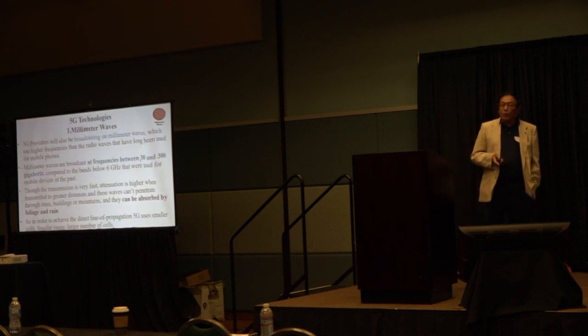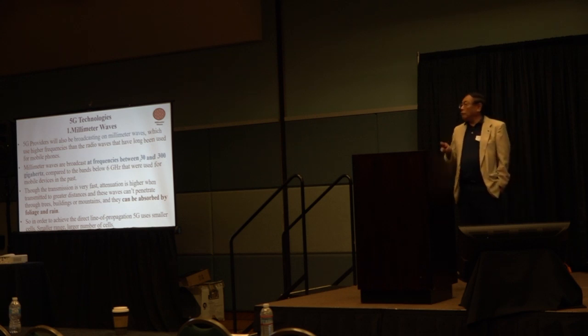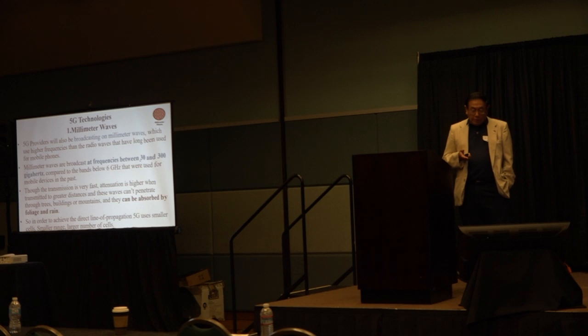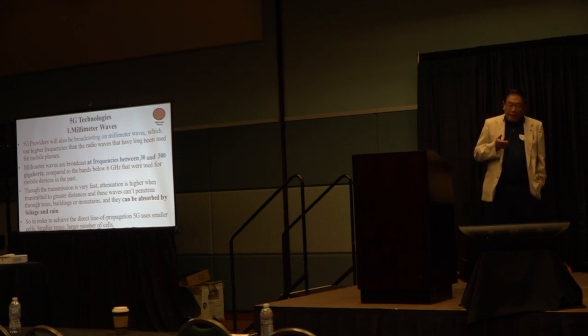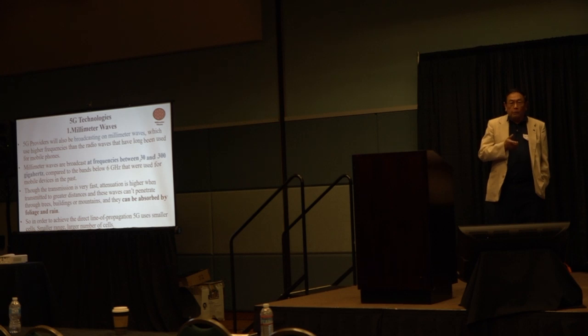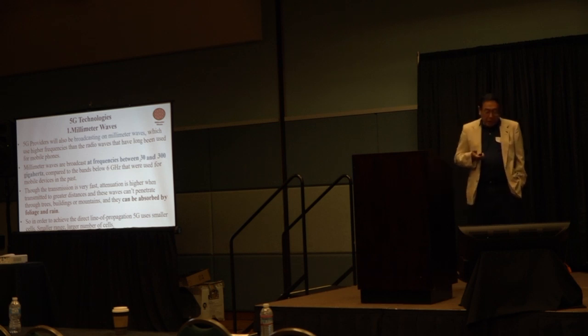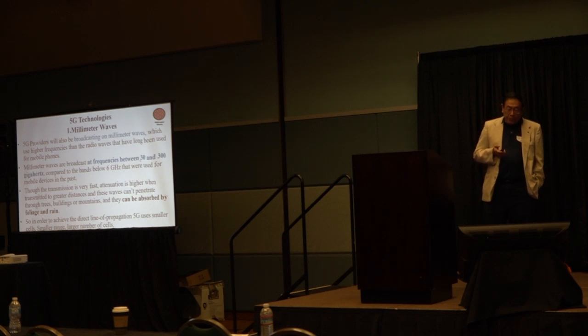So first of all, millimeter waves. Up to 4G, all the transmission of the data was done within the radio frequencies. Radio frequencies means frequencies that are under 6 gigahertz. With 5G, you will not only support the radio waves, but you also provide millimeter wave. That means that you handle transmit signals between 30 and 300 gigahertz. Now with millimeter waves, transmission will be much faster, although it has also some drawbacks, such as, for instance,